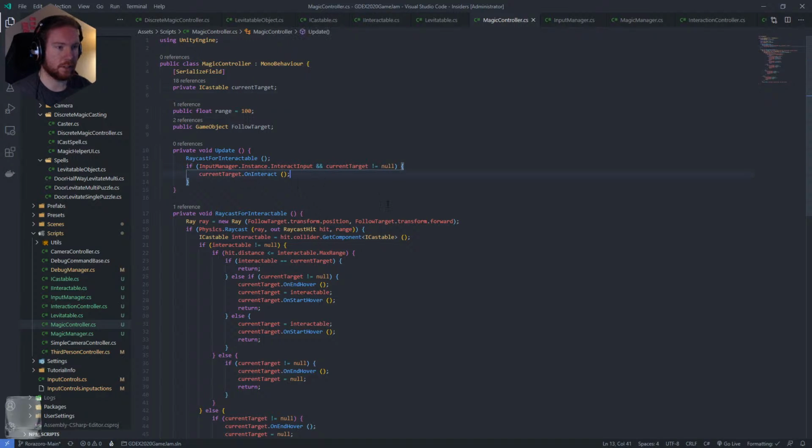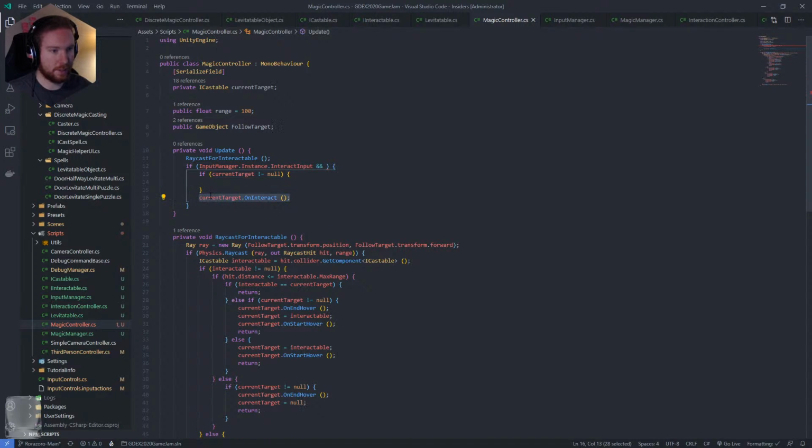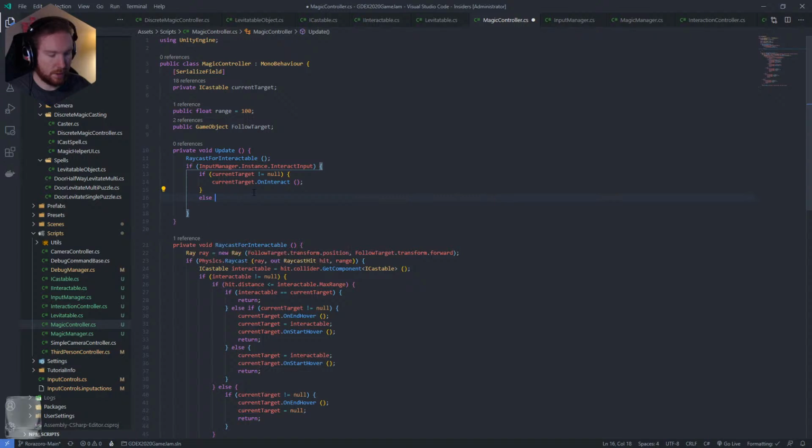So dot on interact, although actually we do need to change this. So if current target. So this is the current target, the object we are looking at. So the levitate part will be out of range though. Then we want to interact with it. Else,